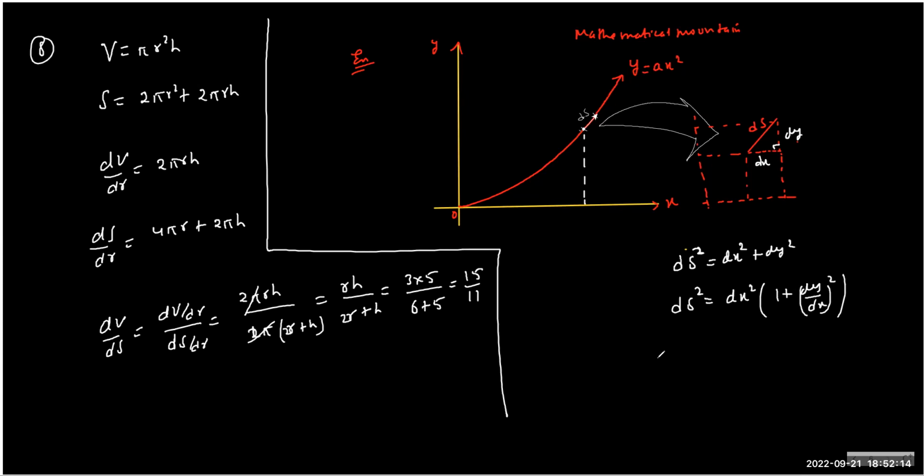And therefore, if you want to take a ds value, you have to take the square root of this entire term. So dx will come outside because it's a square. So what we're left with is